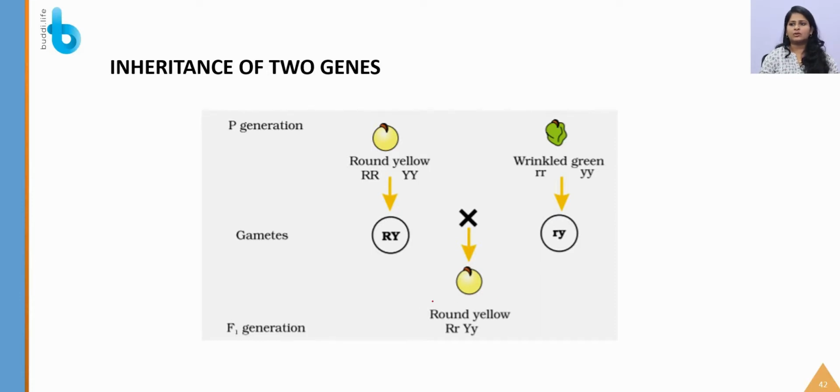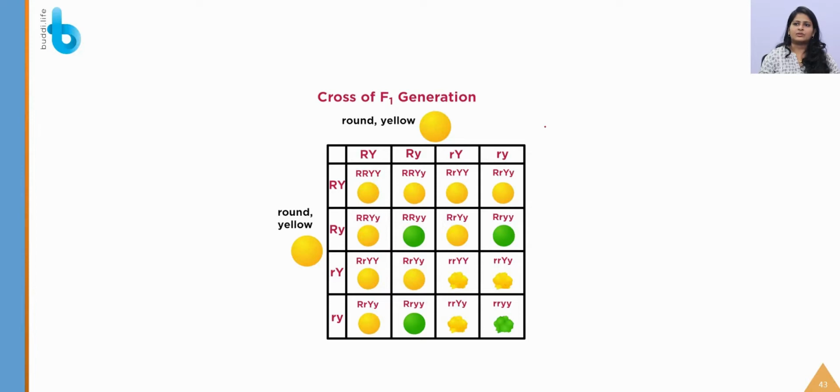So it is the round yellow character which is going to be expressed, with a genotype of capital R small r and capital Y small y. So again, when this F1, that is capital R small r, capital Y small y, is crossed with capital R small r, capital Y small y, that is, F1 is self crossed, how many combinations are obtained in the F2 generation? So these combinations can be given as